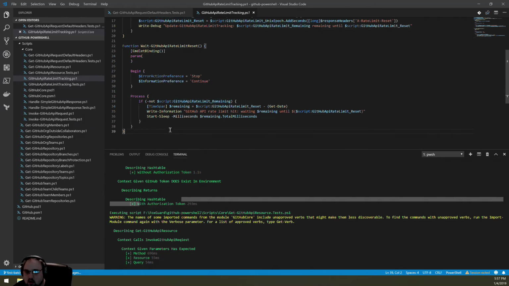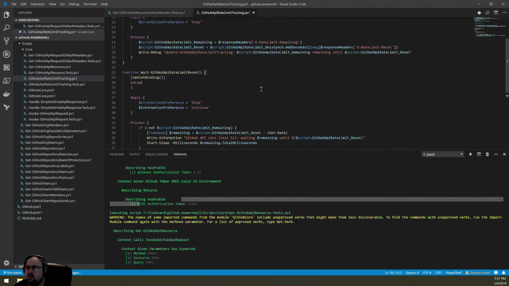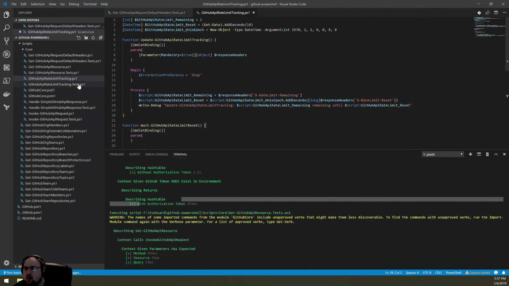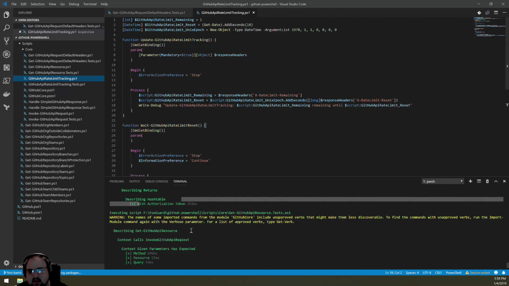For the use case I'm ultimately trying to get at, which is basically just reading repositories and users from the GitHub organization, that small GitHub organization, I don't think I'll need to worry about this too much. I want to skip the tests, but I think my discipline compels me to not skip the tests. So let's